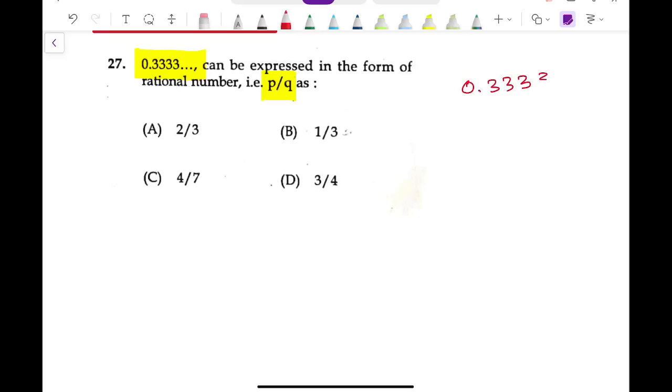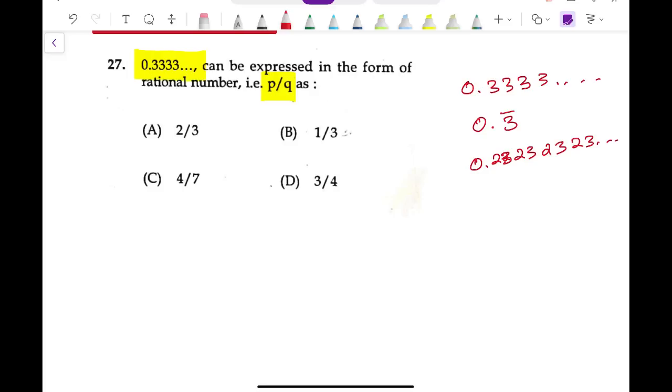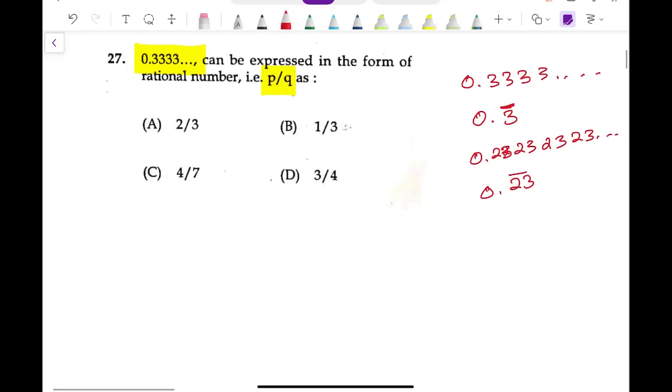0.333, which means if you look here, you see that there is only one number repeating, so we can write it like this. But if you have a number like 0.23232323, then in that case we write this as 23 bar. That means the bar simply represents that the number is repeating over and over again. So in this type of question, if you are asked to write this in fraction,